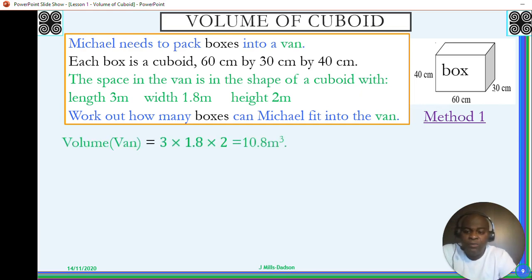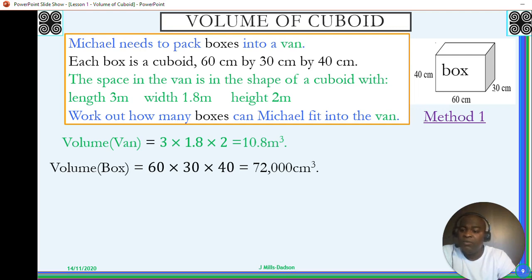First, work out the volume of the van. 3 times 1.8 times 2 is 10.8 meter cube. Second, volume of the box. 60 times 30 times 40, 72,000 cm cube. And you realize that we are working in different units, so we need to get to the